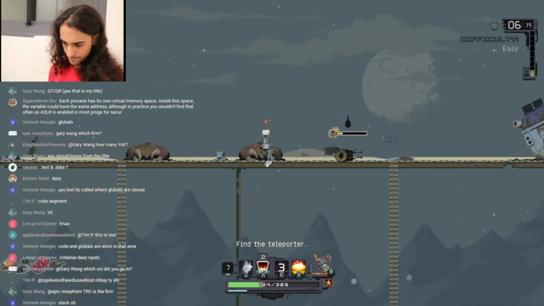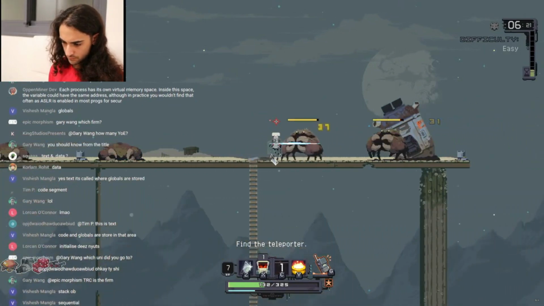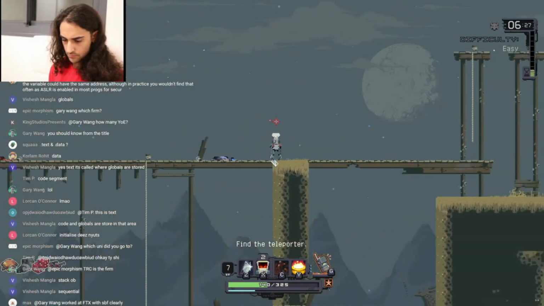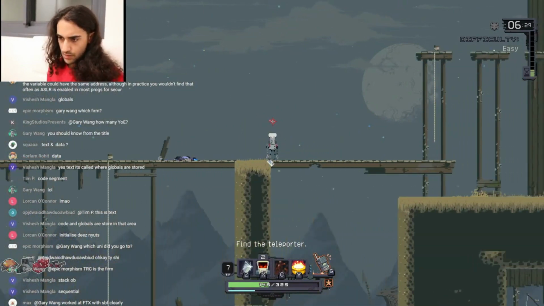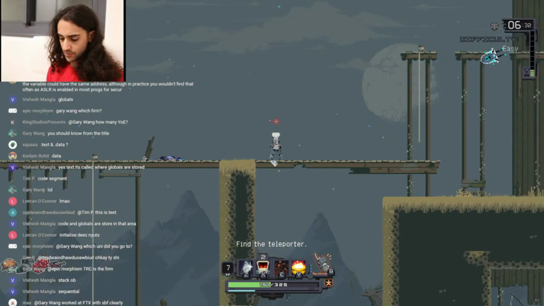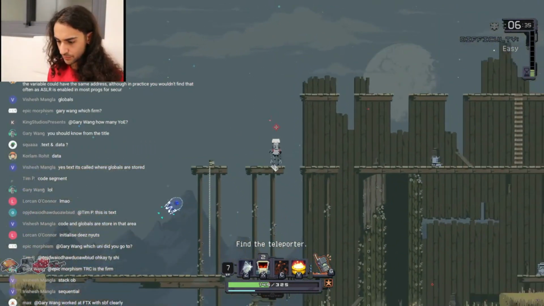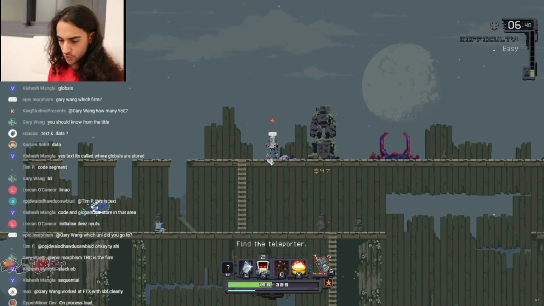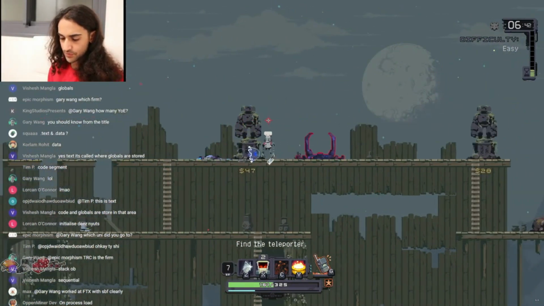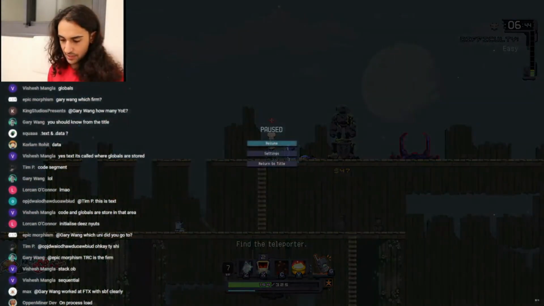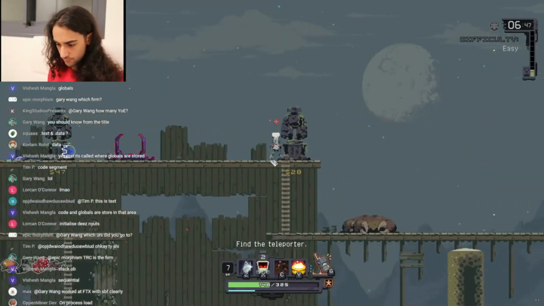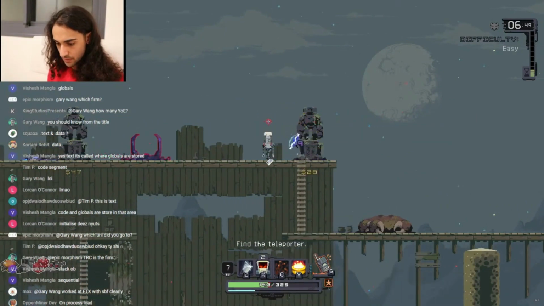Okay. I believe the stack is like a short-lived memory, while the heap is like long-lived. If that makes sense. I mean, you can have variables on the stack that outlive variables on the heap, so I would not necessarily say that that's correct. I can do int x equals 1, and then new int x, and then delete. And I can say int x equals 1, then new int y equals 1, and then delete y, and then y has a shorter life duration, or whatever the term is, than the int x.